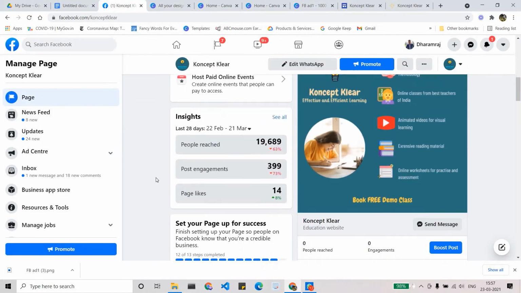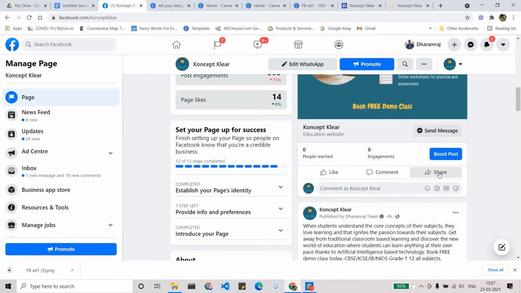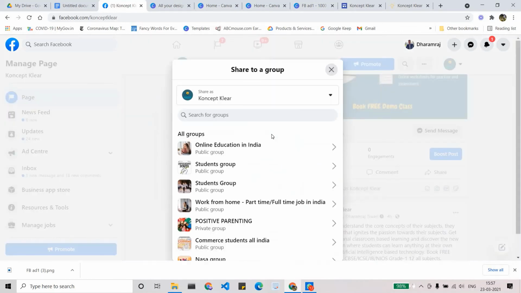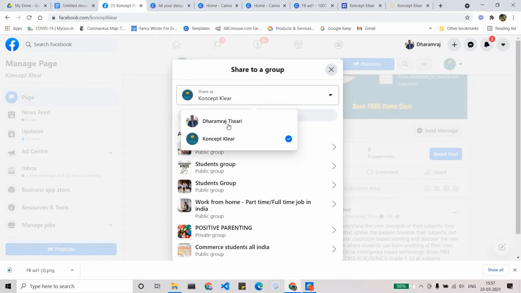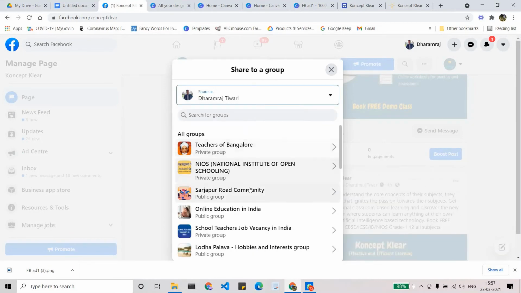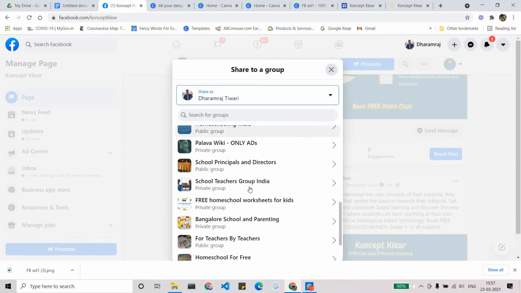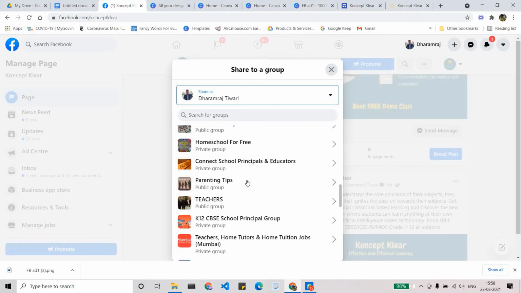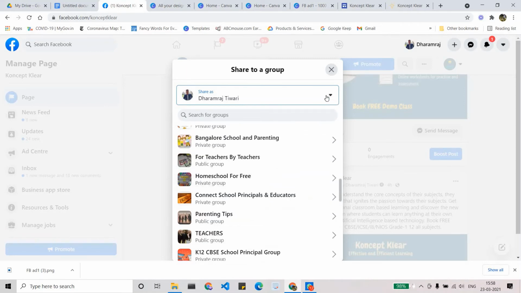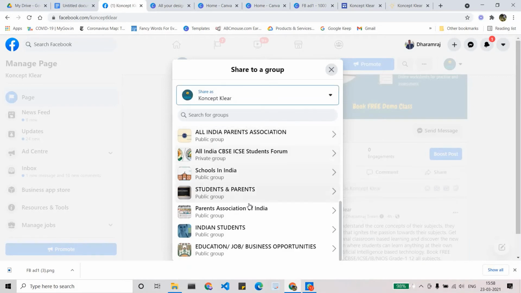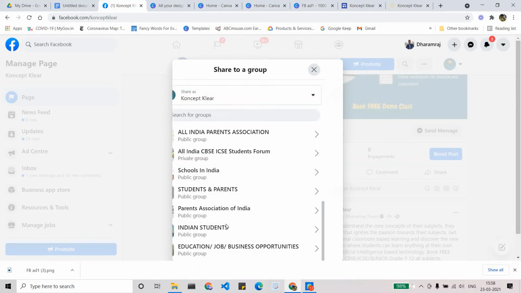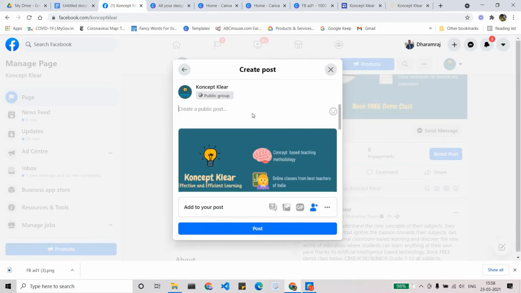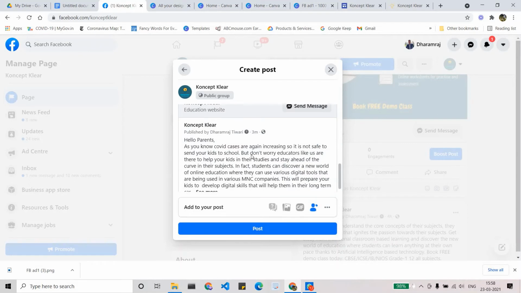Suppose this is my ad, I have boosted this, then I can share this ad to various groups. Suppose I want to share this ad as my own profile. So there are so many groups, right? So I can share to any group. I can just select any group, and I'll just change the role of this: students and parents, Indian students. Okay, so right now actually I'm not going to share, because first of all I have to read